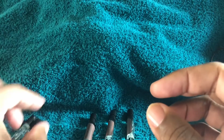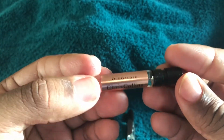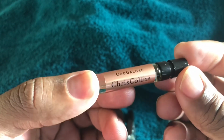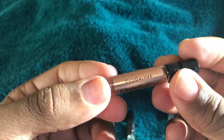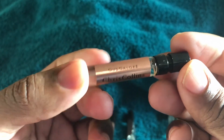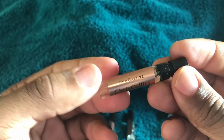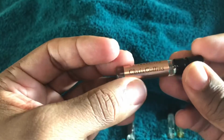So Sweet Taboo, and then Oud Galore is full bottle worthy. There are maybe 3 other oud fragrances right now that I would reach for first, maybe even 4, and this would be 5th. But still, I enjoy this to the point where I think this is full bottle worthy. Like I said, it probably wouldn't be my first oud or even second or third oud, but it's definitely still out of this collection, out of the line of Chris Collins, full bottle worthy for me. Oud Galore, and then finally